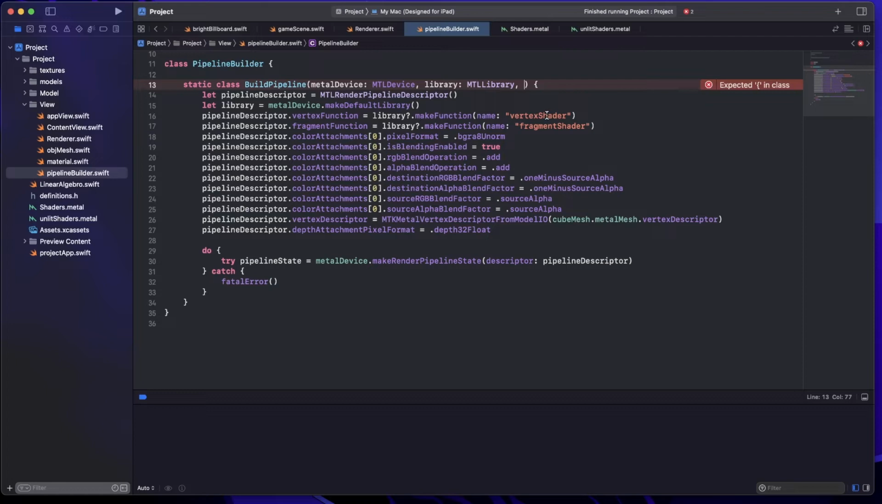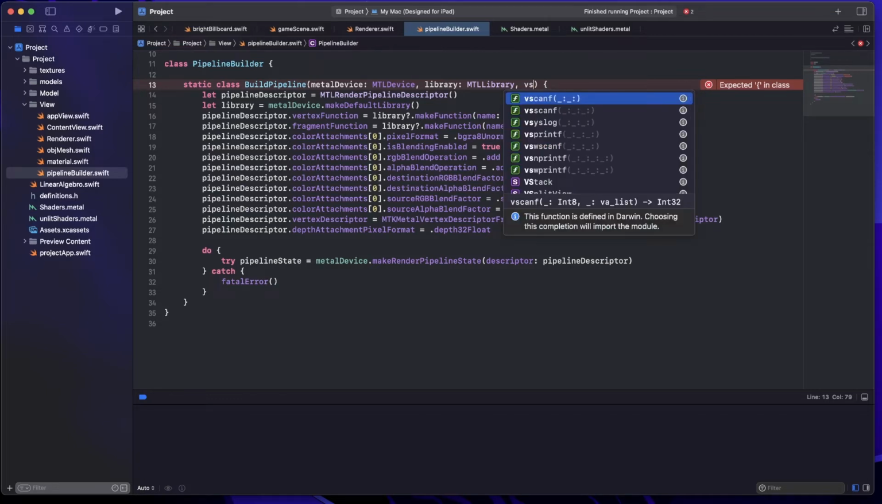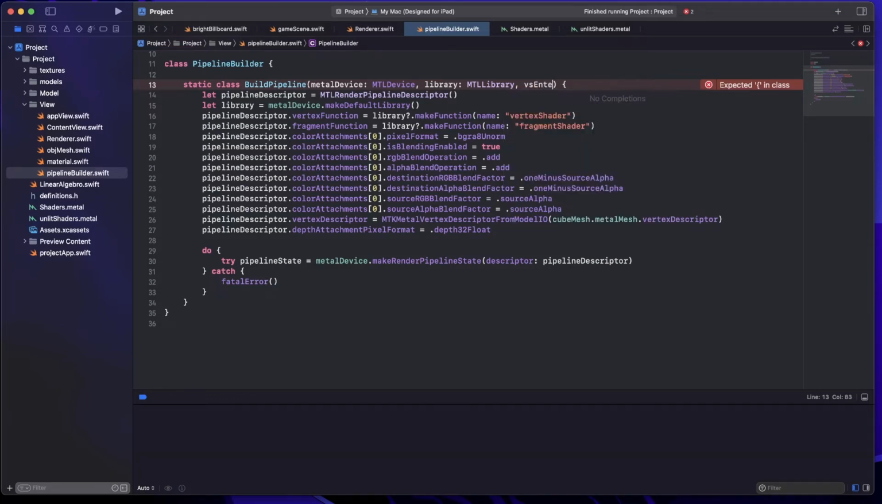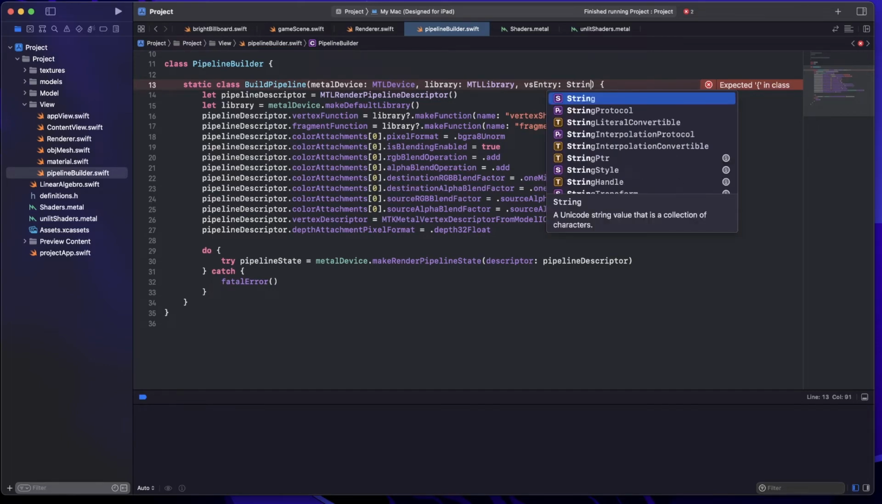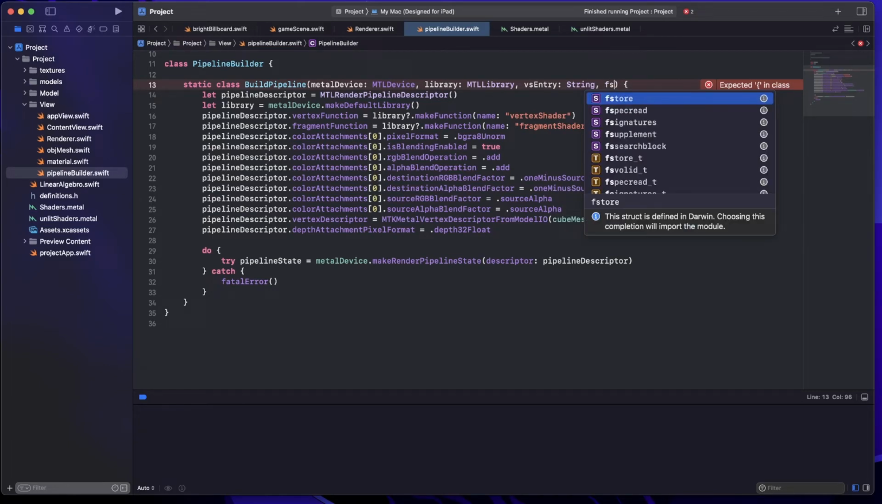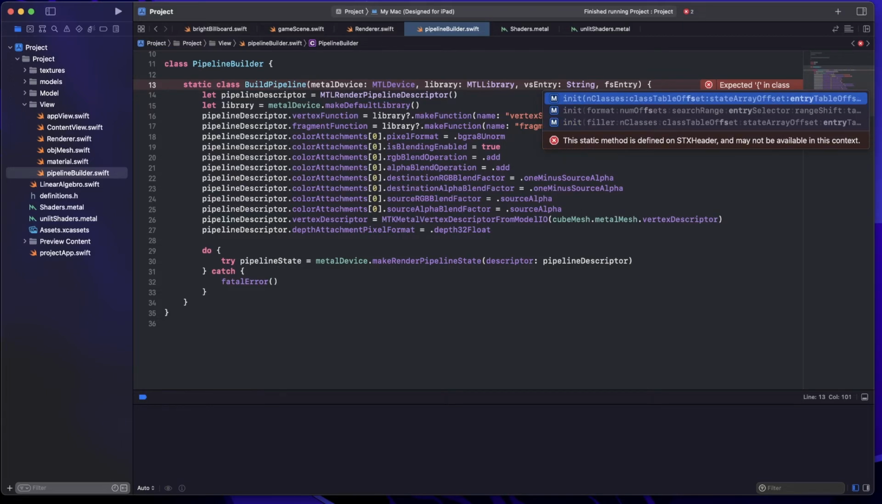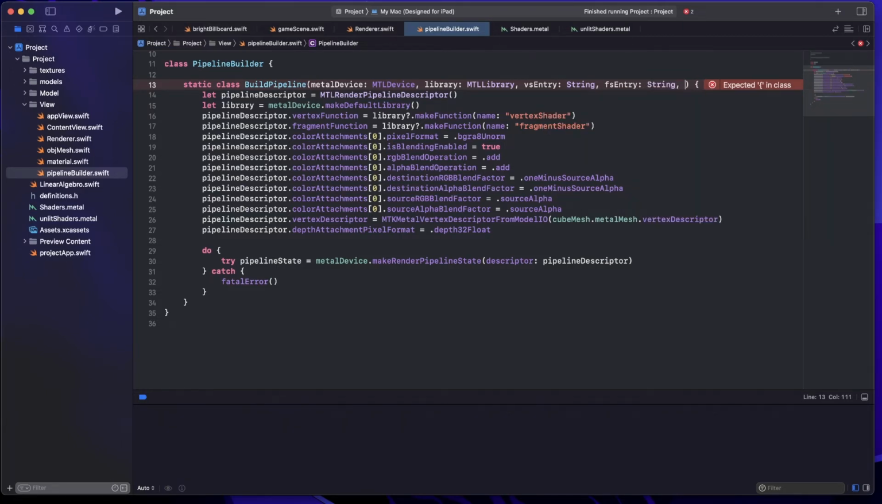And then remember, before in our different shaders, we had different function names. So we actually want to make these their own thing. So we'll have vertex shader entry and fragment shader entry. And then down here, we're going to need this. So